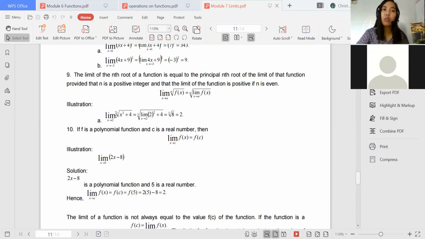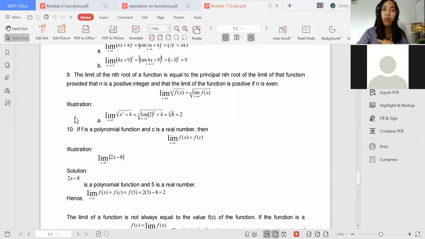Sa square root naman, this is cube root. Sa cube root, okay lang namang mag-negative ang radical. Meron tayong makukuhang value, di ba? The cube root of negative 8. This is just an example or para ma-imagine nyo lang. The cube root of negative 8, it's negative 2. Basta pag ang power ay odd, pwedeng naka-negative ang radical niya. Pero pag ang root mo ay even, hindi pwedeng mag-negative ang nasa loob. Okay? Ito naman,